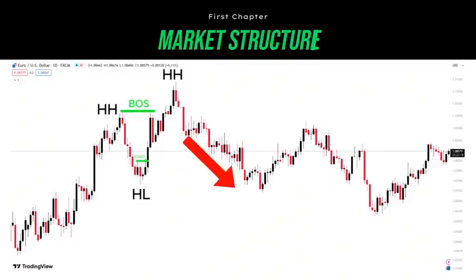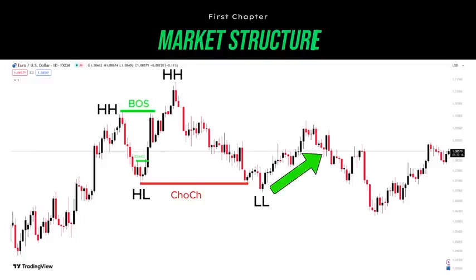Then we have another pullback, but it breaks the last higher low, which marks a new high time frame lower low, and this is a high time frame change of character. Pay attention and see how price action behaves similarly, like we have explained in the line presentations. So we got the first indication of a market reversal by the uptrend breaking the last low. Remember what we have mentioned before, that the reversal confirmation happens only once the price pulls back to the upside,